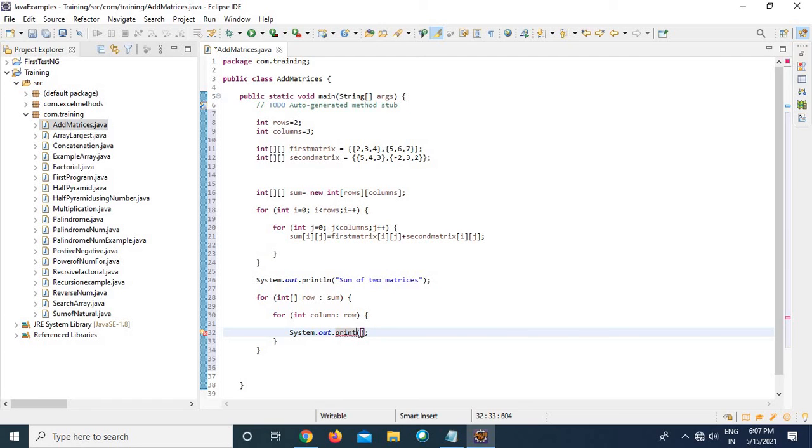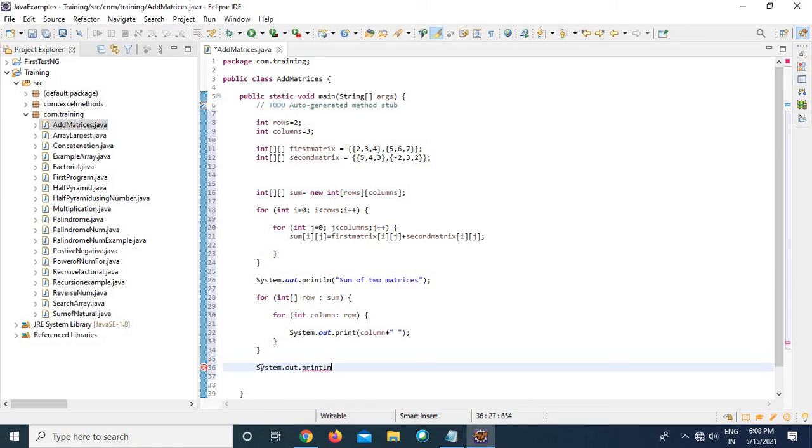I wanted to show the values in the same row. That's the reason I use print, and then whatever the column value holds in that particular place, and then you will be giving some space. I wanted to maintain some space between each and every value, and show the next row in the next line.